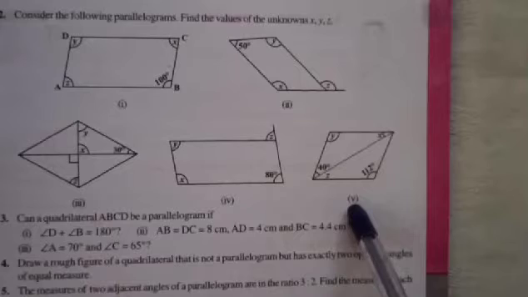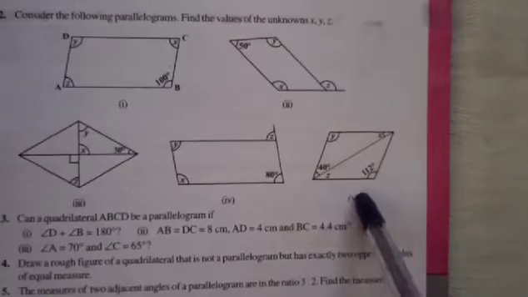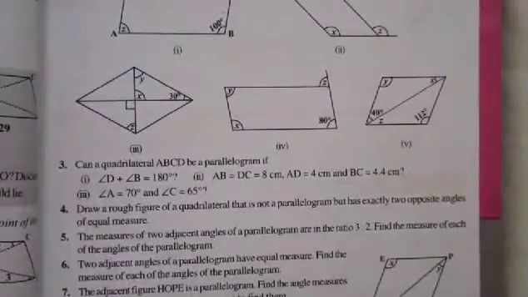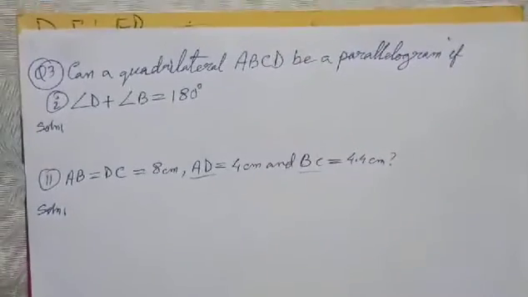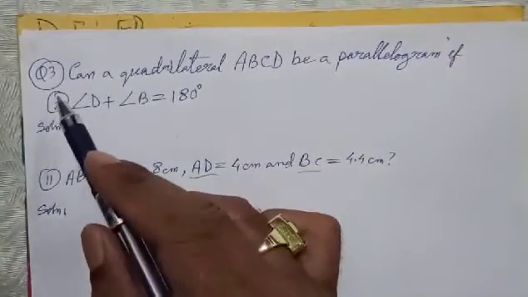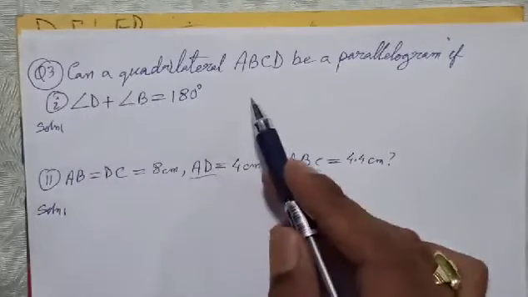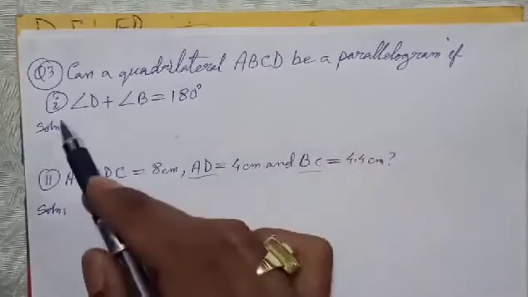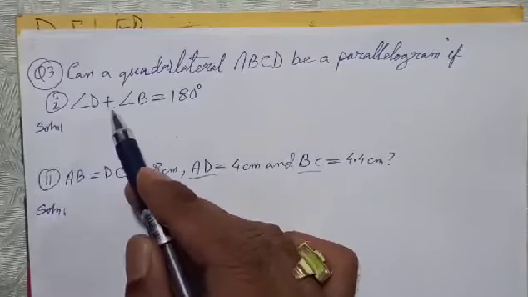Roman number 5 is the same, so you practice this Roman number 5. Now let's try this question number 3. Question number 3. Can a quadrilateral ABCD be a parallelogram if Roman 1 angle D plus angle B is equal